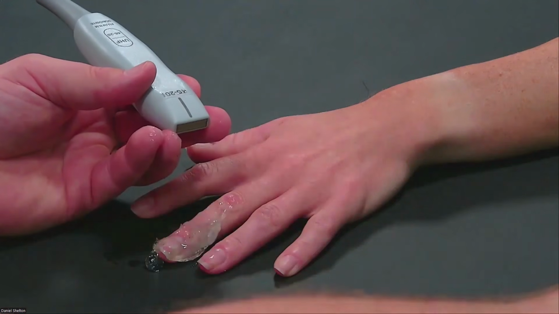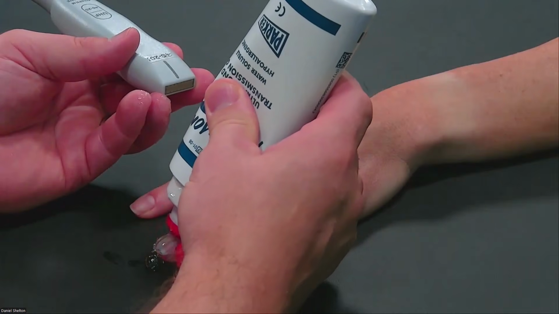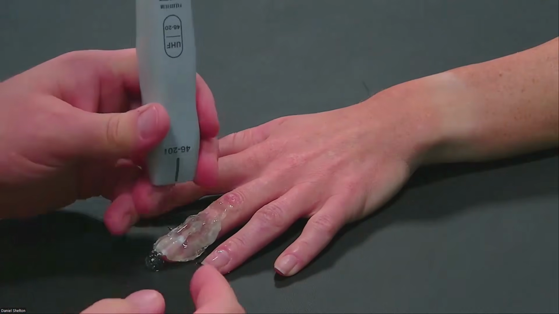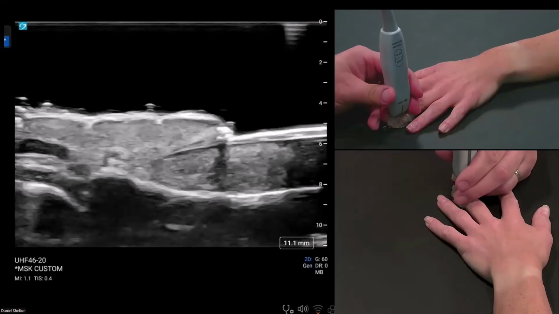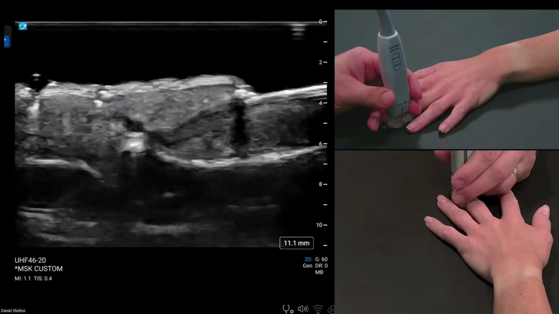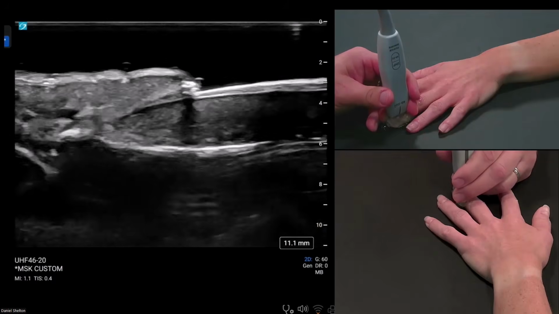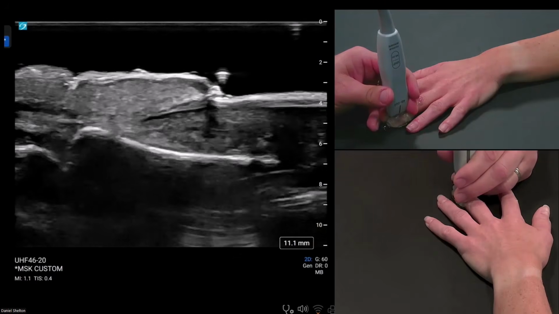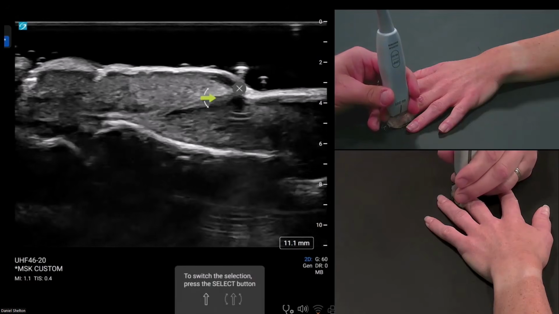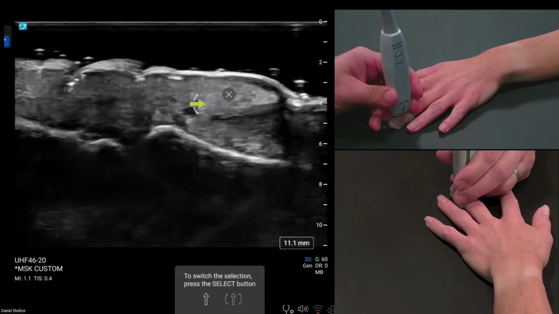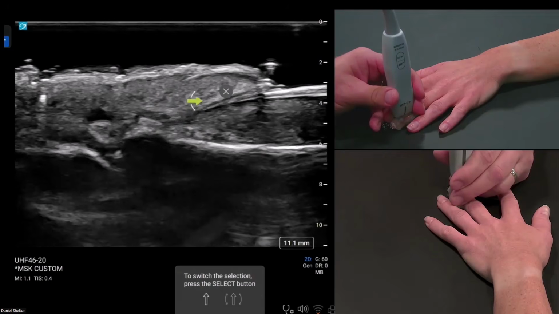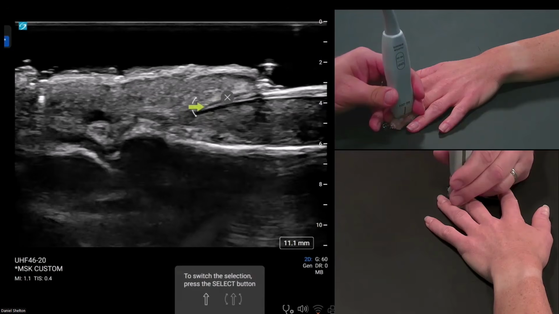Using that gel standoff again, we'll start with a fresh bead of gel. And I've got my fingers under here like stilts. So I'm going to use them to control that descent into the gel on each side of the probe. And here we can see a very clean image of that nail root and the nail plate. Again, you want to be 90 degrees to the surface where you'll catch those echoes reflecting back really nice, but really, really nice nail root. And then it's not so hypoechoic anymore, but we do have a set of fibers here that we're looking at cross-sectionally that encompass that nail root.